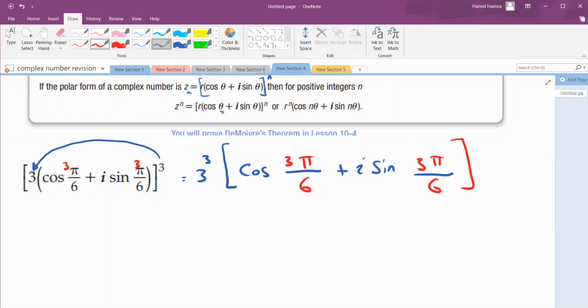We can cancel 3 with 6, and it will be 2. So it will be 3 to the power 3, which is 27,